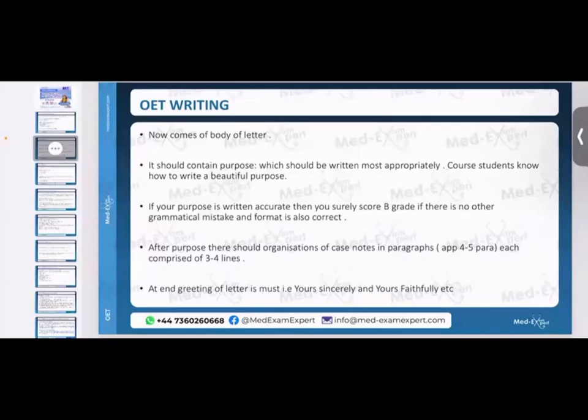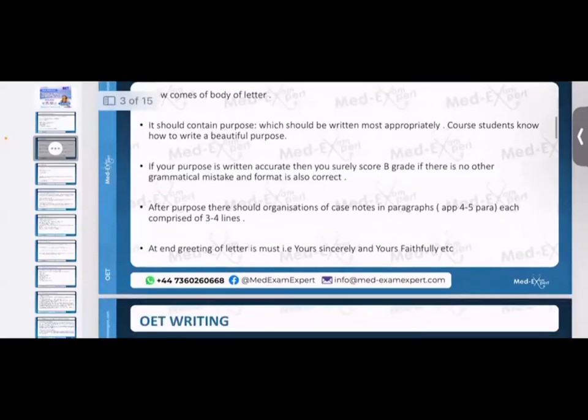If your purpose is correct, regardless of other things, even if there are minor negligible mistakes in the letter, you can easily get grade B. From this statement, you can get an idea of how significant the purpose of OET letter writing is. After the purpose, there should be organization of the case notes in paragraphs accordingly, and for your word count to be in a normal range,